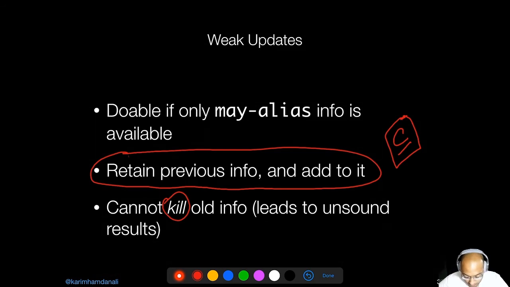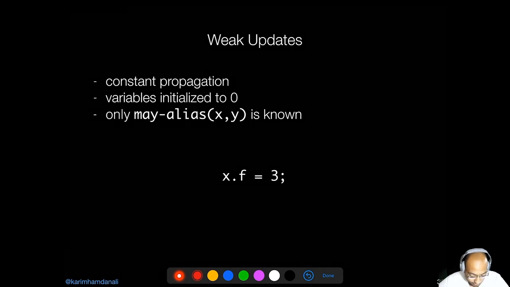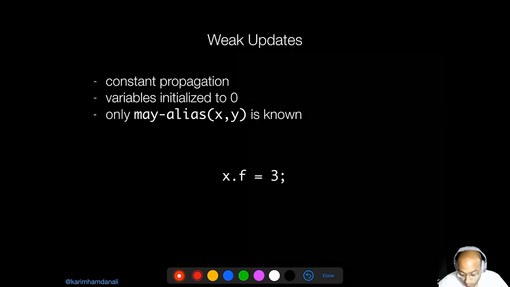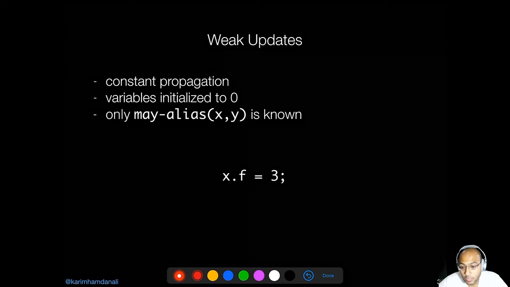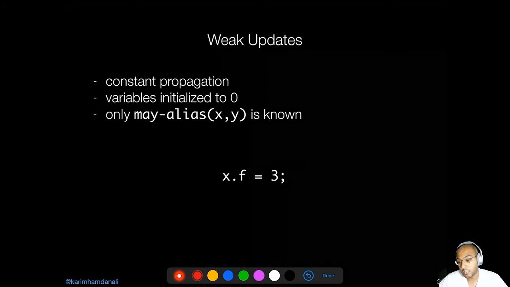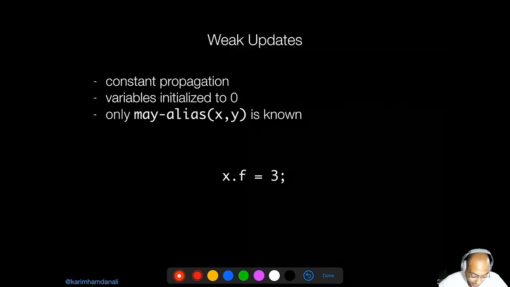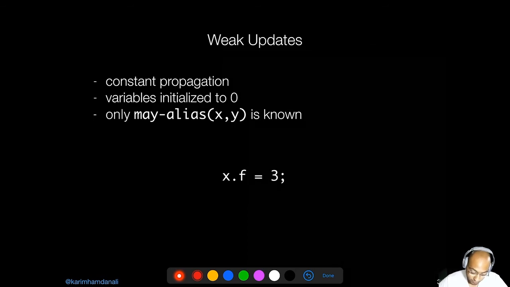So for example, weak updates is a useful thing to do if you're doing constant propagation. In this case here, we're doing a constant propagation analysis, so we're trying to do weak updates during that analysis. Assume that variables are going to be initialized to 0 at the beginning of the program. So the initial values that you're assigning to your data flow analysis in the monotone framework is 0. And only may alias xy is known. So if you have x.f is equal to 3,